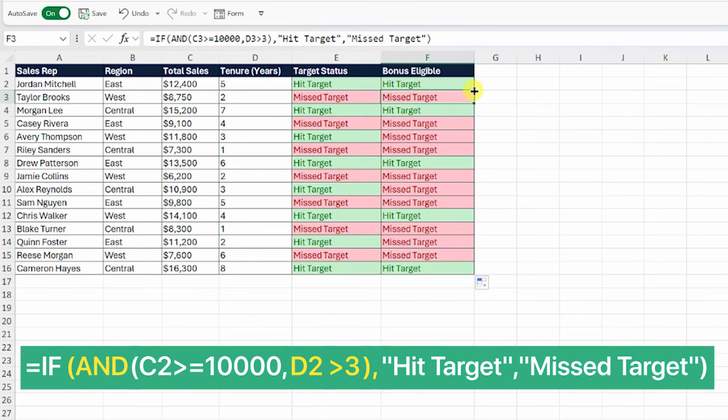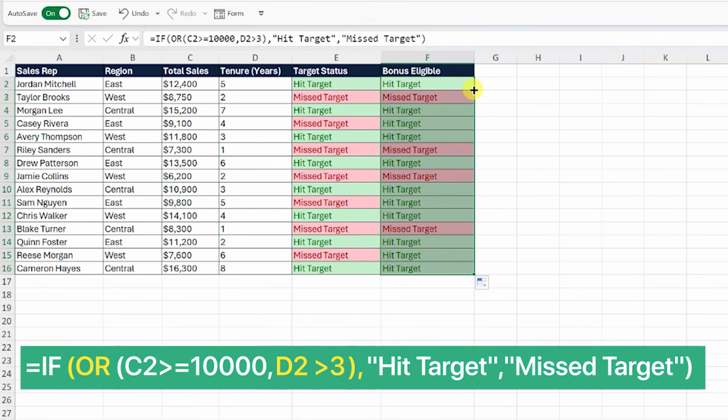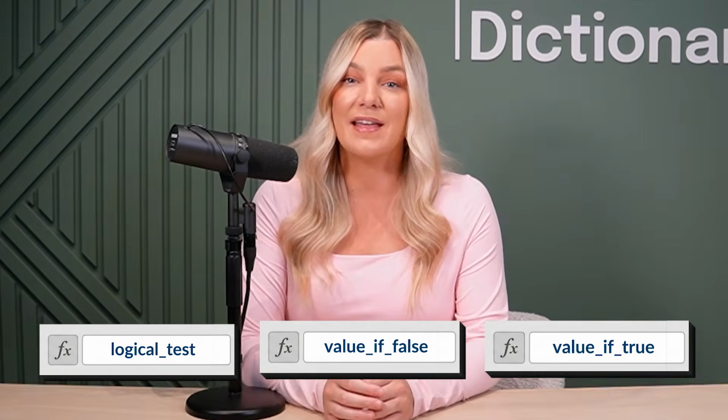Or if you want to check for either condition instead of both, just swap the AND function for the OR function, and Excel will flag any rep that meets at least one of the criteria. You just automated hours of manual work with 3 simple arguments. That's the power of the IF